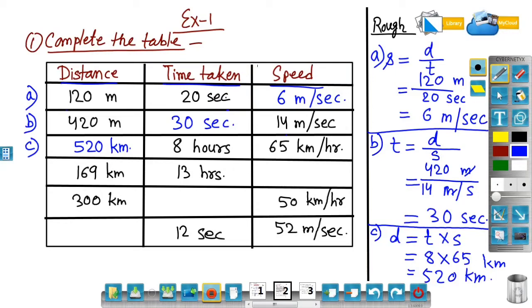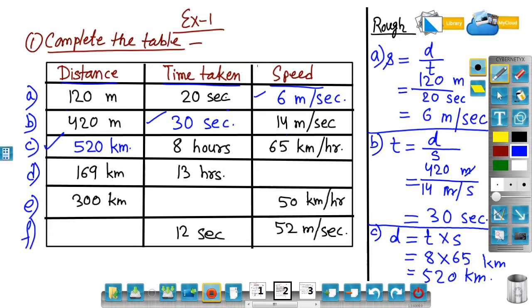What is distance, what is time, and what is the speed? Three variables, three quantities are here: small t, small d and s. T is time, d is for distance and s is for speed. By interchanging these values, you can also find the speed, the time and the distance. In a similar manner, number D, number E or number F.